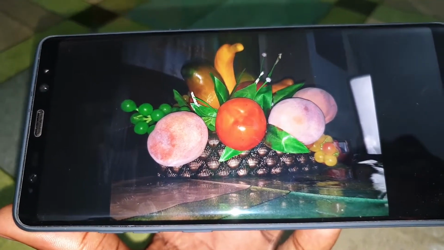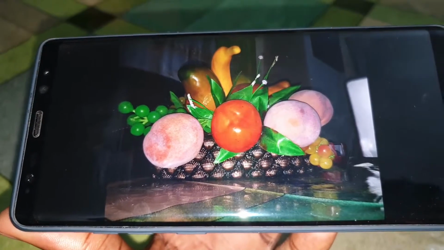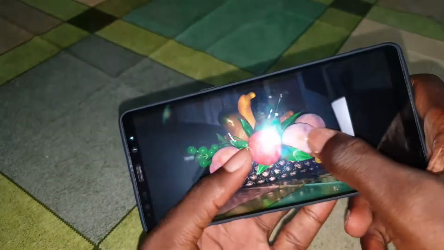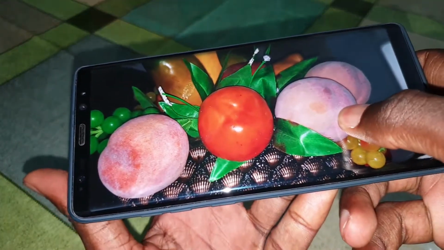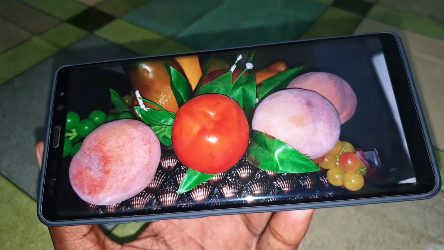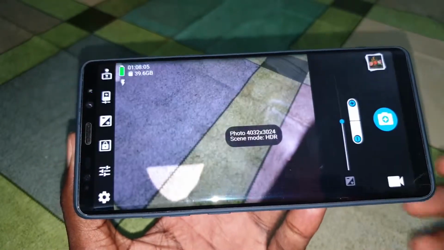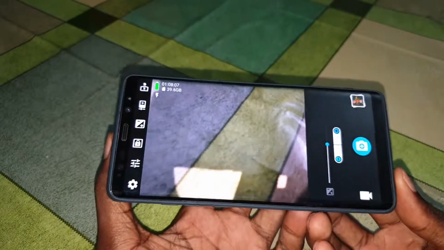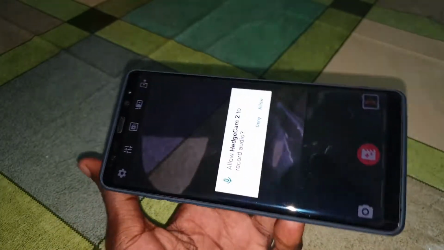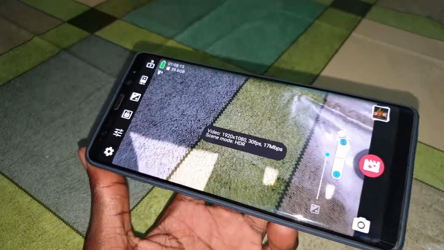This is nice. Wow. For me, this camera is one of the best cameras that you can obtain, and it is also complete. A more beautiful, complete camera for you. What do you think? I like it. Wow. Okay. Now click on the camera for video recording.